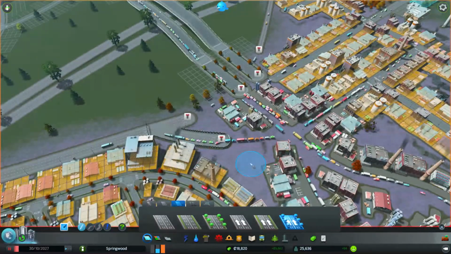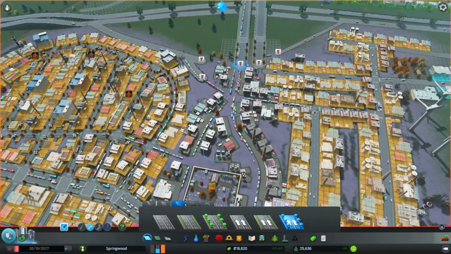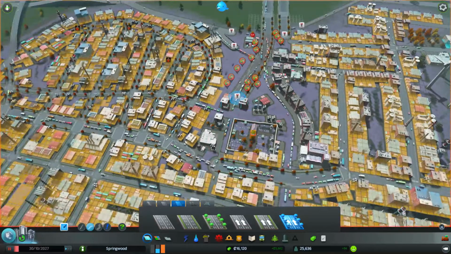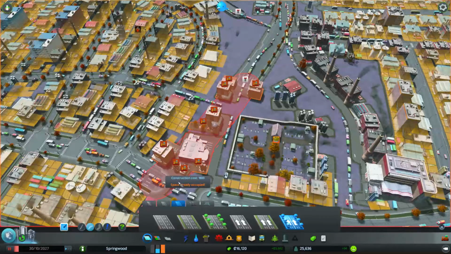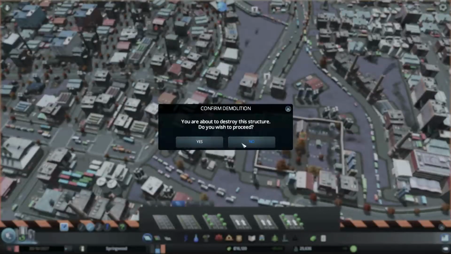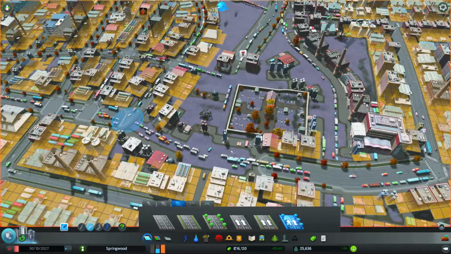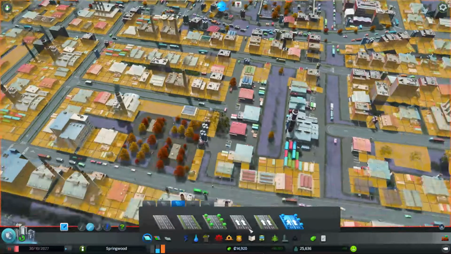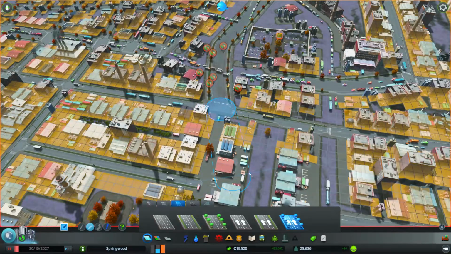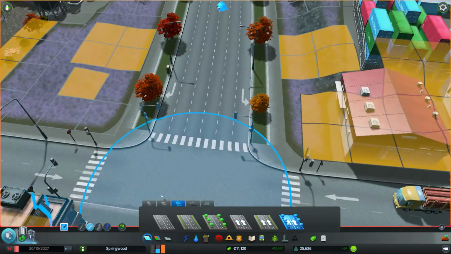Kind of rebuild my intersections here. So what I want here is to build a curve and to have it kind of curve around the cemetery a bit. Come on. Maybe I just have to demolish a couple more pieces here. Oh, there's a medical clinic here. Well, I can get away with that, I think, because my healthcare is definitely over capacity right now. I don't know what's going to happen here. We're going to lose a lot of lanes, but